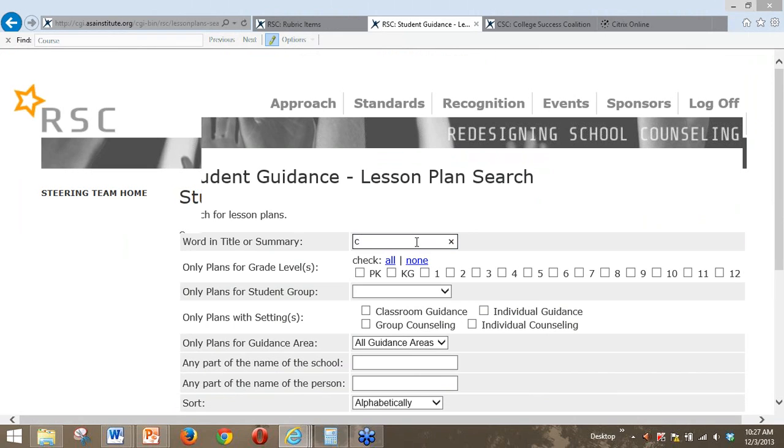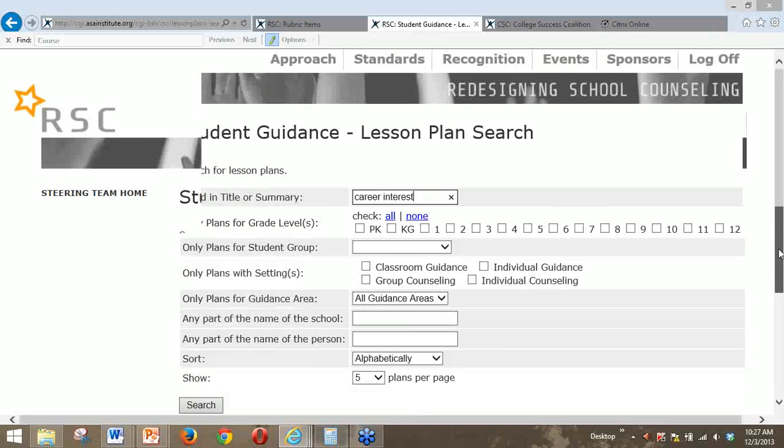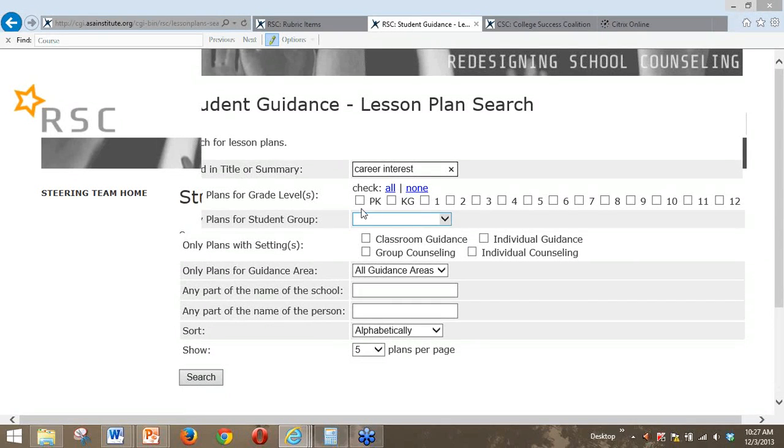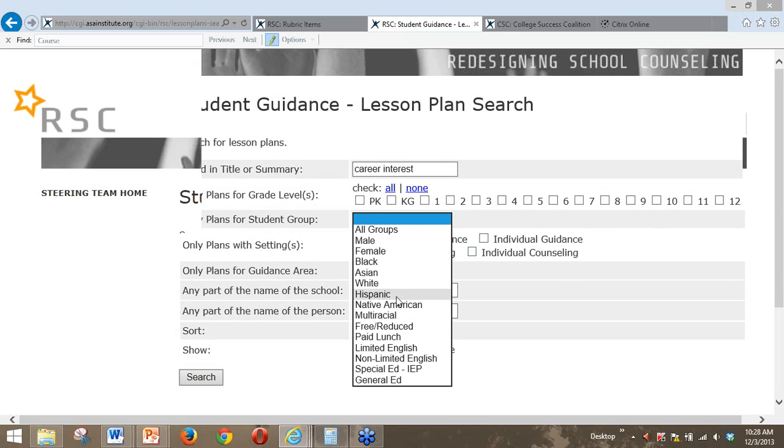So I can type in here the words career interest, and if I want to further narrow it down, I can say I just want to see career interest inventories, career interest activities that are being done with 8th graders or with 10th graders. Or maybe I'm really focusing on Hispanic students.